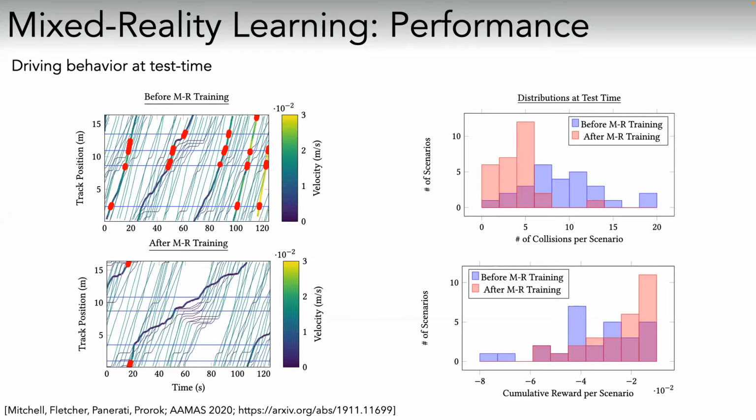And this is just showing you a little bit what happened before training, after training. So you can see time velocity plots here, the number of collisions we had when we deployed the raw policy, so not fine-tuned, and what happened after we fine-tuned it, the number of collisions went down. And here you can also see the improvement in terms of performance before and after training, in terms of the number of collisions in the histogram.